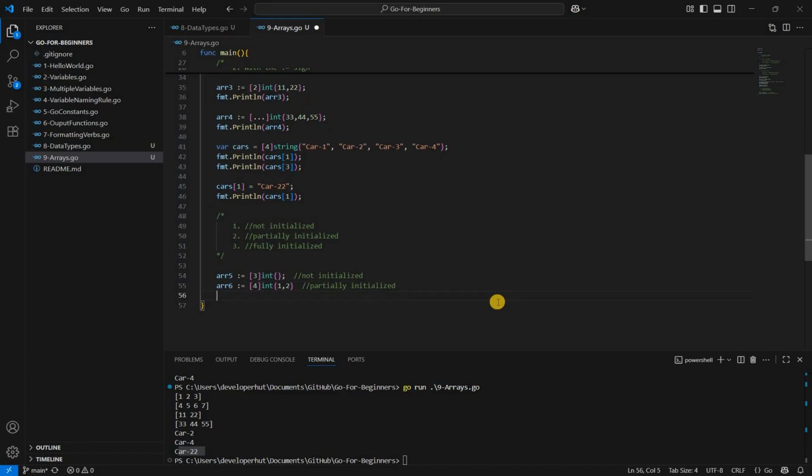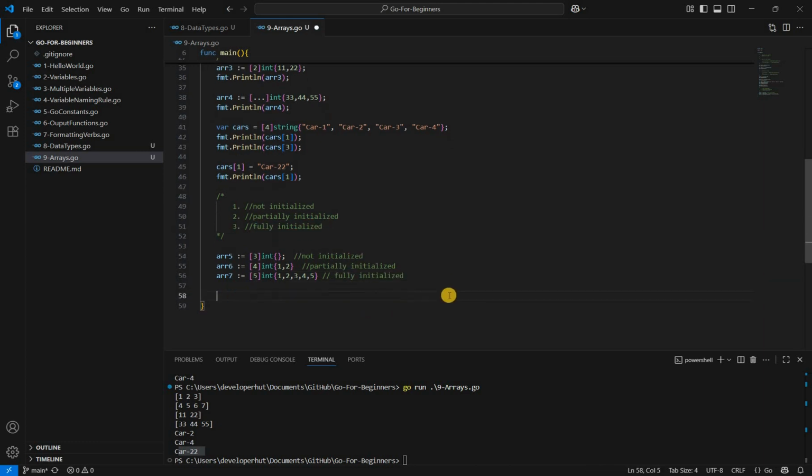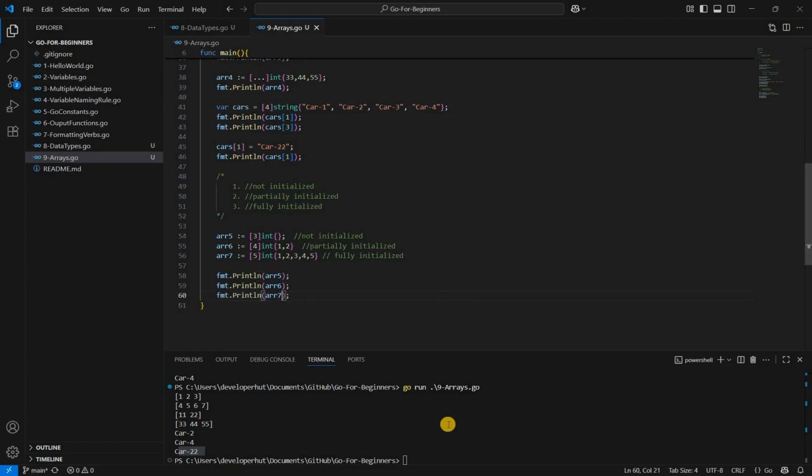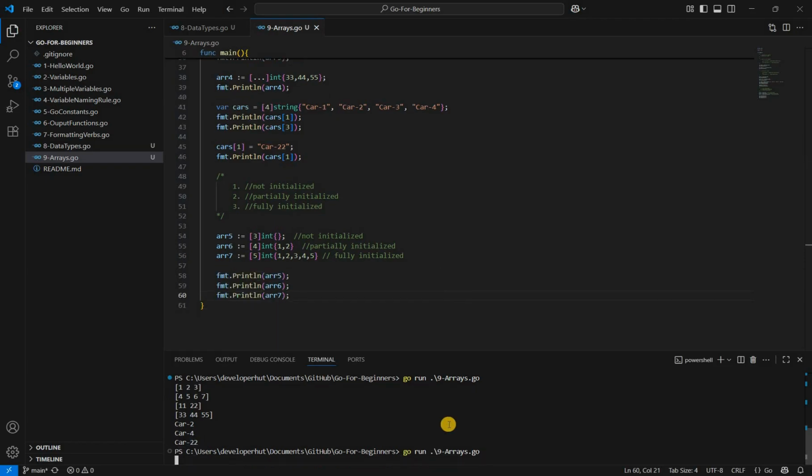Okay, and third is array of 7 colon equal to 5, right? And I will say int and I will declare 1 comma 2 comma 3 comma 4 comma 5. Okay, so this is basically the full initialization. Okay, now let's print all these arrays. Now let's run this. So if you run this, you can see